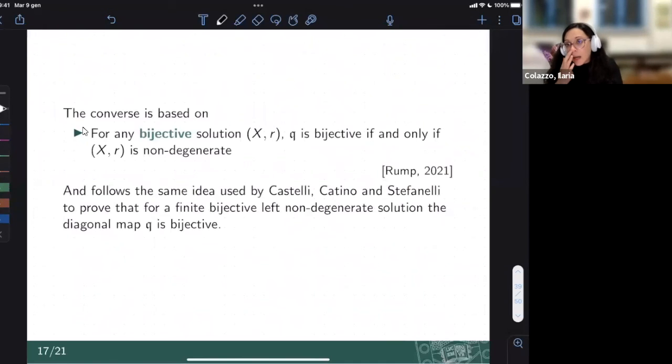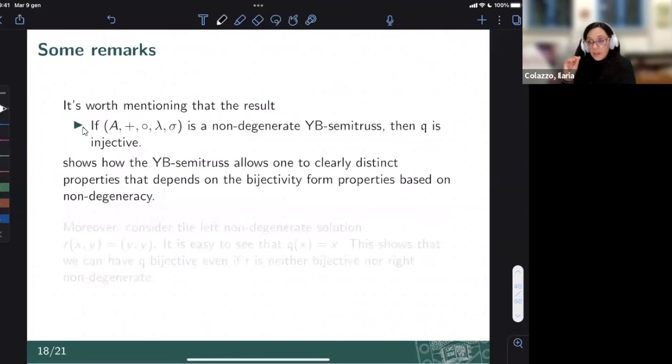And then we can somehow adapt the same proof given by Castelli, Catino, Stefanelli to prove that also for YB semi-truss, the implication holds. So just some remarks. It's worth mentioning that the result that if we have a non-degenerate YB semi-truss, then the Q map is injective,